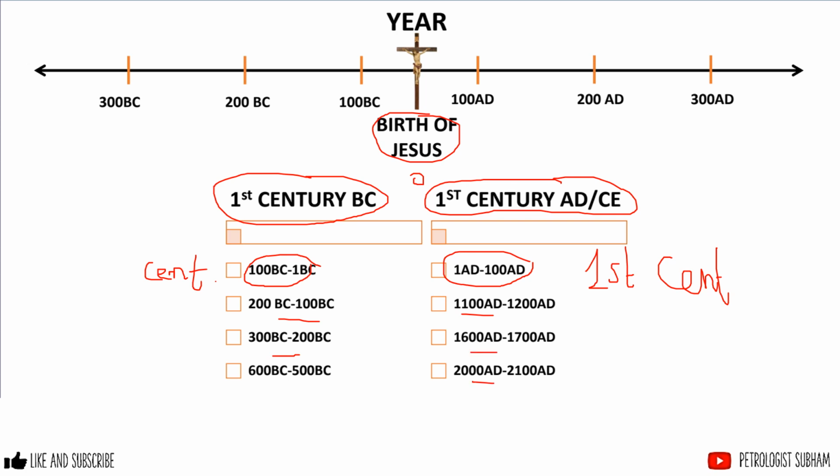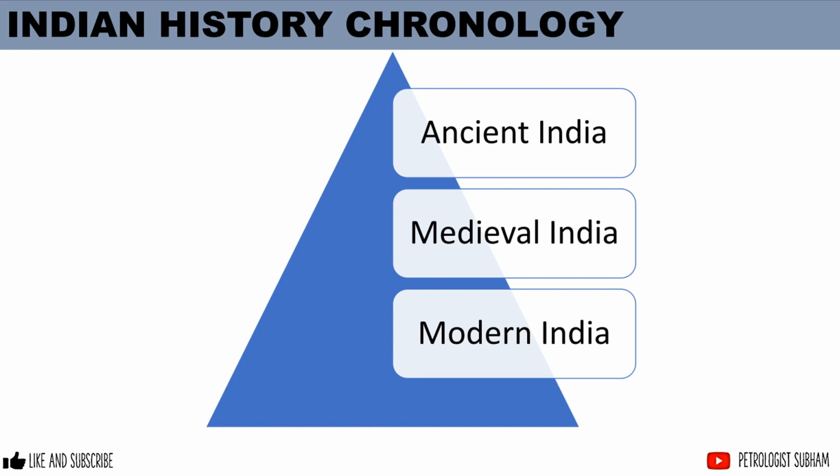Let's move forward. So Indian history has been divided into three particular categories: ancient India, medieval India, and modern India. From the GSI point of view and most of the UPSC exams point of view, like NDA, CDS, we will be discussing modern India more, because most of this current or advanced development happened during this time, okay? Medieval India is also important because of the Mughal period and some of the Indian kingdoms as well. And ancient India is also important to understand the basic origin of the written history that is available in our Indian documents.